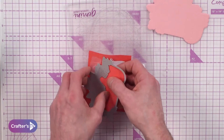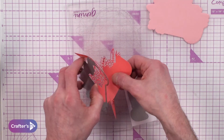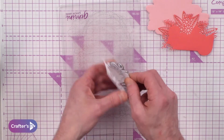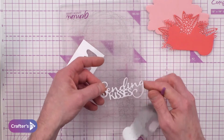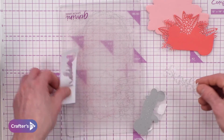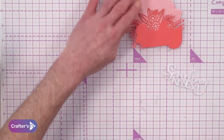So we can then take away all these layers. So I'm going to carefully peel these ones out here. So there's 1, 2, and then let's bring in the third one. So if I pop these bits out, bringing in our poke tool, and then feed that out. So we've got our 3 layers, and let's take that one here. So I'm going to sit that one to the side, that to the side,